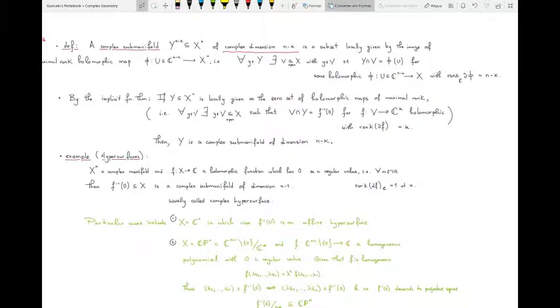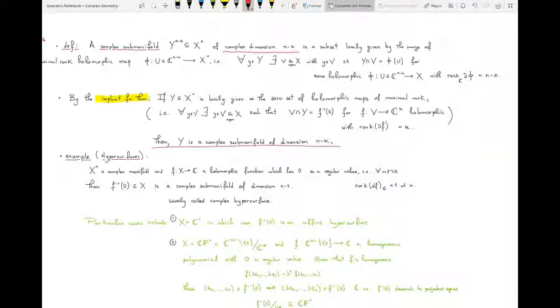So one way to find such guys is to use the implicit function theorem. Let's say that you look at Y, a subset in X^n, such that it is locally given as the zero set of holomorphic maps of maximal rank. Then the implicit function theorem tells you that they are a complex submanifold of dimension n minus k. So that's what the implicit function theorem tells you. Okay, so